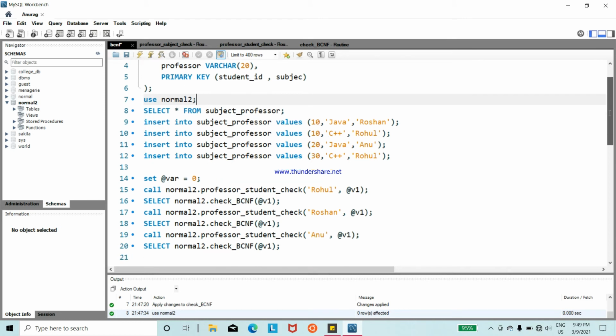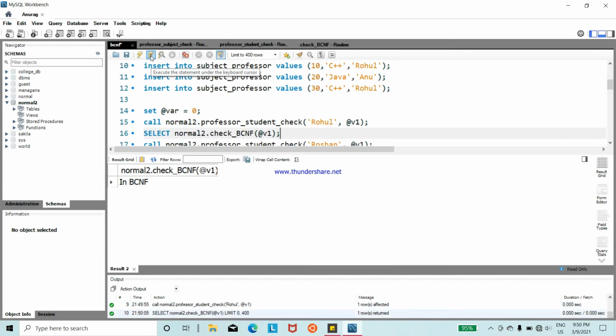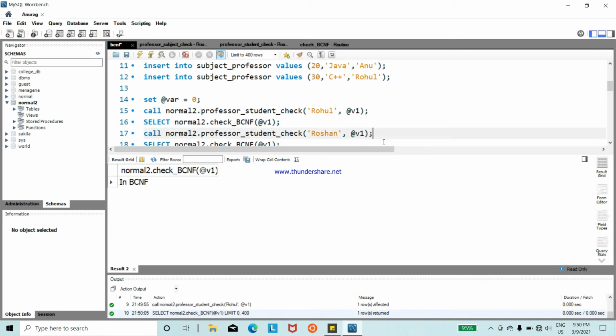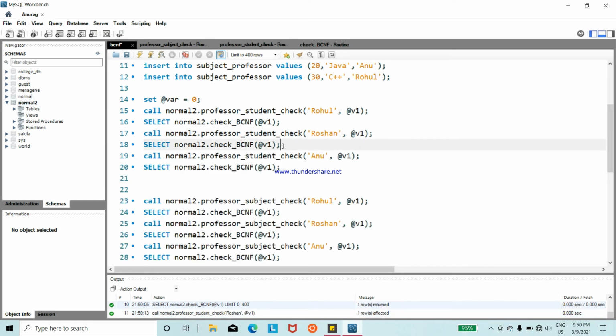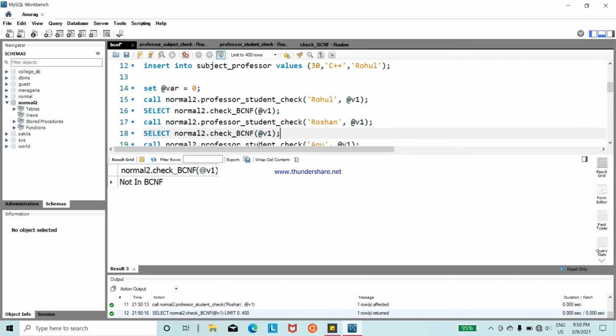We call the procedure professor student check with Rahul, and we got a value, and we pass this v1 into the function for checking if it is in BCNF or not, and we got in BCNF. After that, we check with Roshan, and again call the function, and we got not in BCNF.